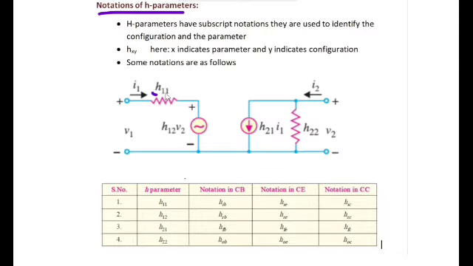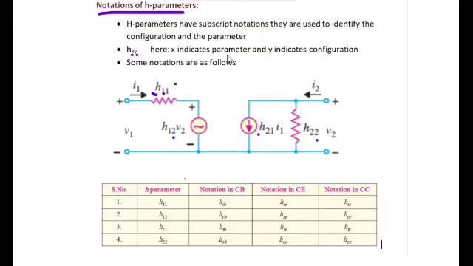And these h parameters, these values, that is h11, h12, h21 and h22, are arranged in a matrix form to determine their values, and because of that we give the notations as h11 and h12 in a matrix way. Coming to the subscripts, h, x and y are the two subscripts that an h parameter has, and x indicates the parameter, that means the parameter is regarding